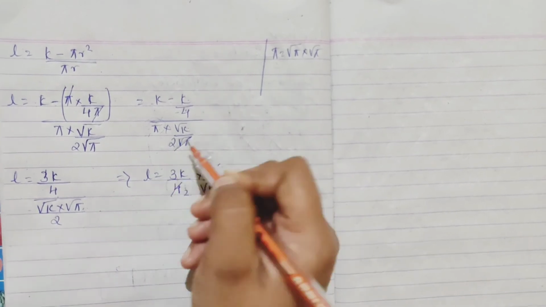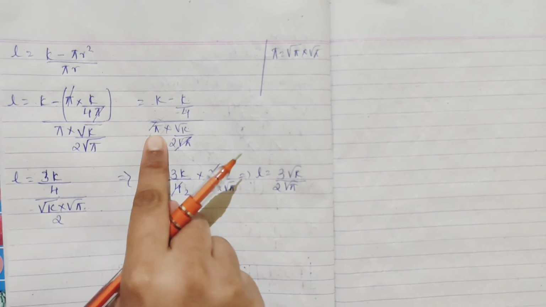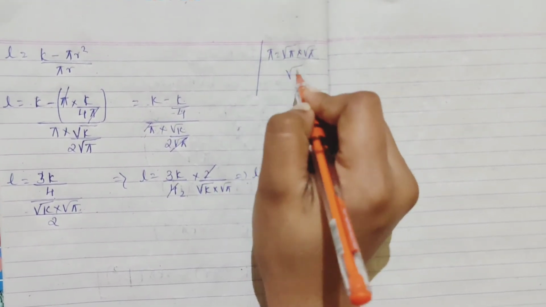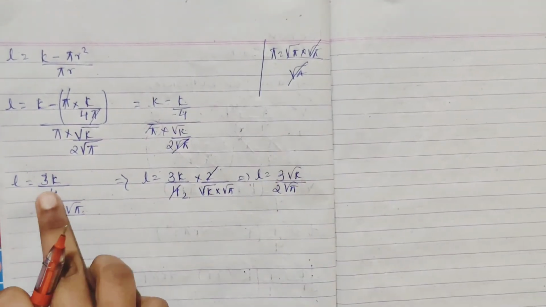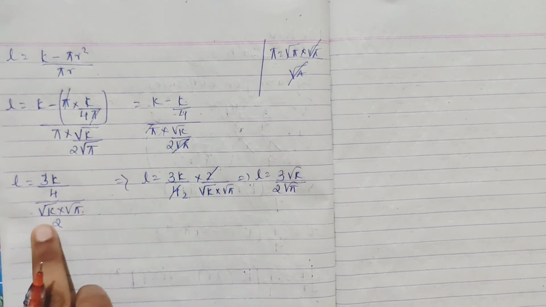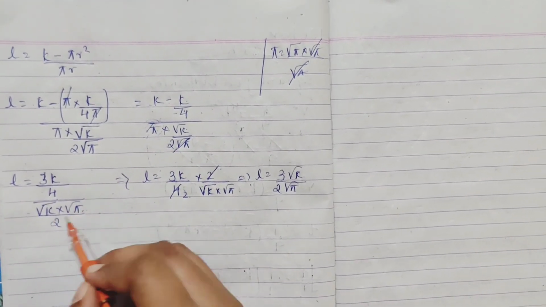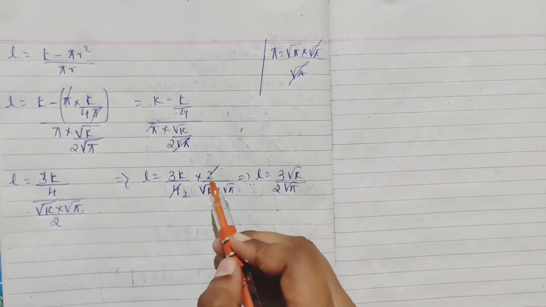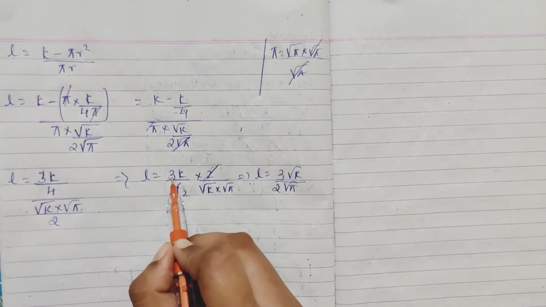Here one root pi and one root pi cancel, so you will have one root pi. See, pi is written as root pi whole divided by root pi. If you have one root pi, it cancels out. So the same 3k by 4 whole divided by root k into root pi by 2. Now taking the inverse, multiplying and taking it above, it becomes 2 by root k root pi, 2 1s are 2, 2 2s are 4. So L, you are having 3k.